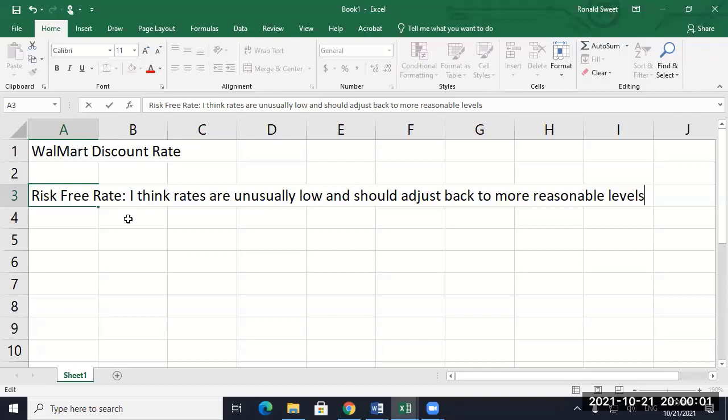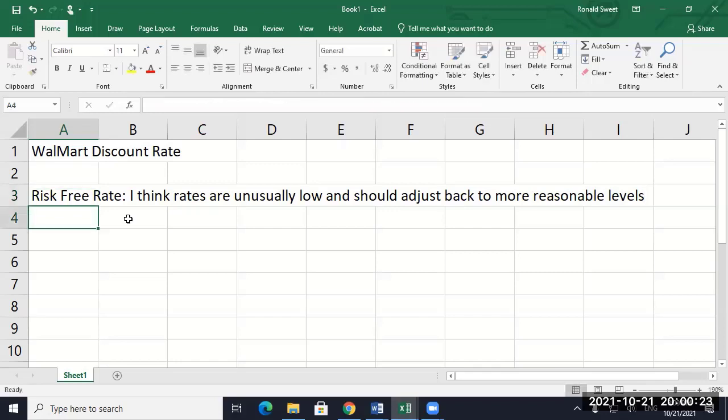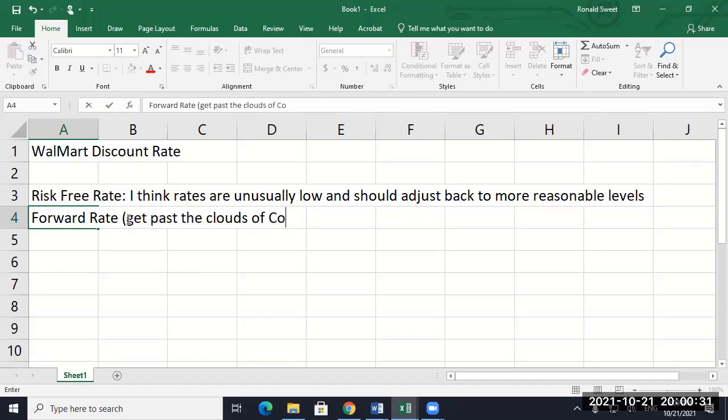So their paper 5 was like two sentences. A lot easier. All three numbers, you just go get them, and that's what we did in practice. I mean, it was pretty straightforward. Here we are several years later, and all three of those numbers are really insanely ridiculous right now. We have no clue what to do with all three of those numbers. So we're in this incredibly unusual period of time. So I'm going to use the forward rate. You don't have to use the forward rate. I'm going to use the forward rate to say, let's get past the clouds of COVID, something like that.